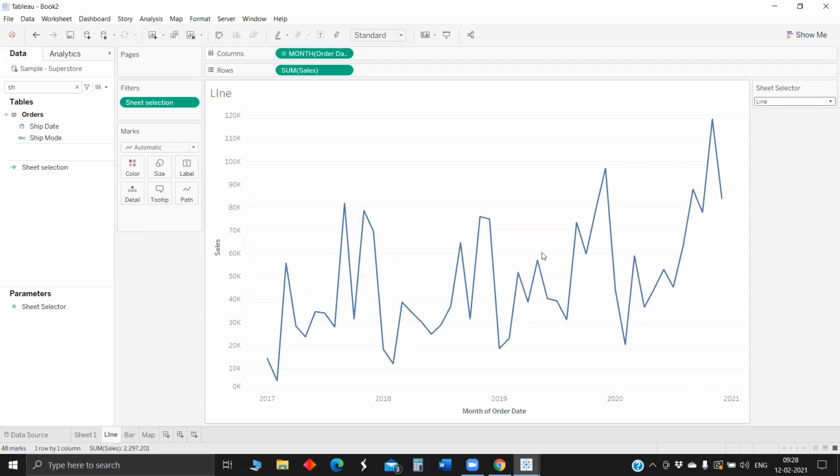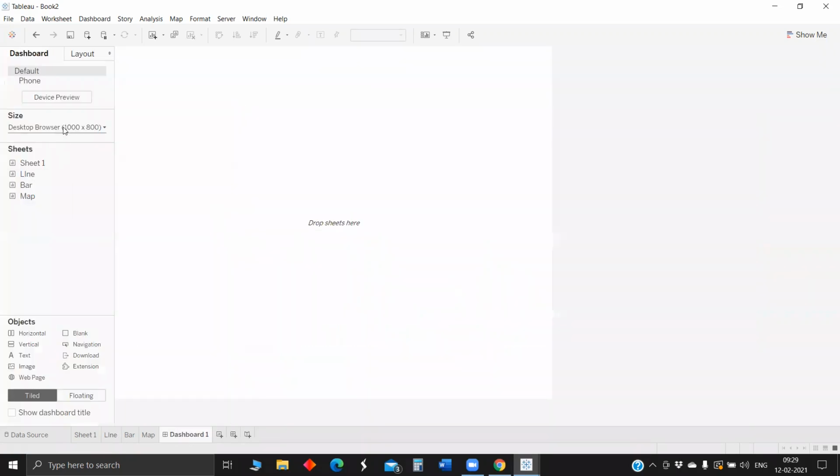So to summarize, what we have done is first we made the 3 charts, then we added a parameter for showing options for selecting each sheet. Then we wrote a calculated field addressing the parameter. We dropped the calculated field into filter and we selected the appropriate option for it. So only those filter out and we get the view. Now we will add this all into a dashboard.